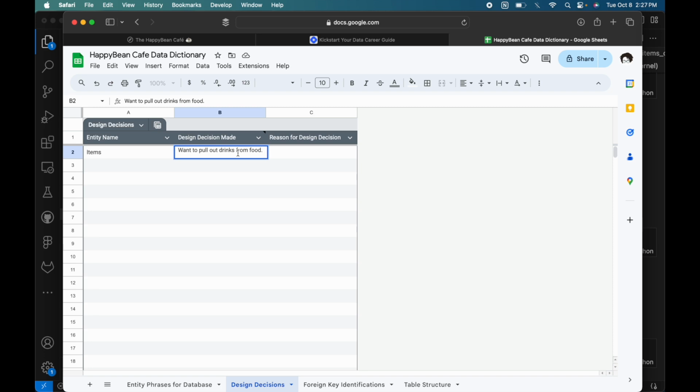The reason is in case the cafe wants to add more food stuff. And also for analysis purposes, it's probably wise to do so, because say